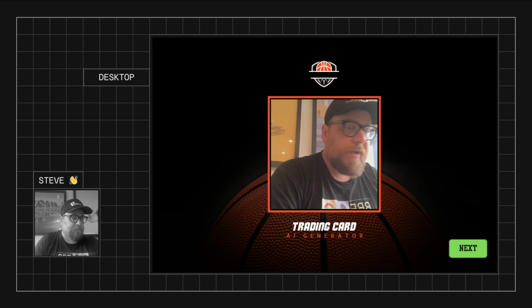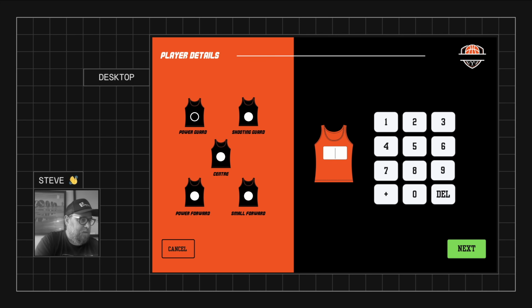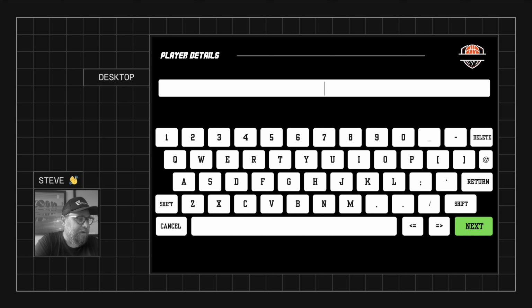We'll go ahead and press the next button. And so now, because in 3.30 of Remote Pro, we've got radio button support, it makes selecting things like player positions a little bit nicer because we can do things like this. So I'll go ahead and select my position and I can put my shirt number in. I can go ahead and put my name